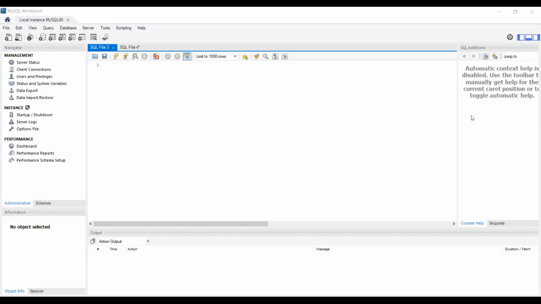So what is join? Join is when you need data from two different tables. When you need data from two different tables, then we perform join. So let's say here I have got,